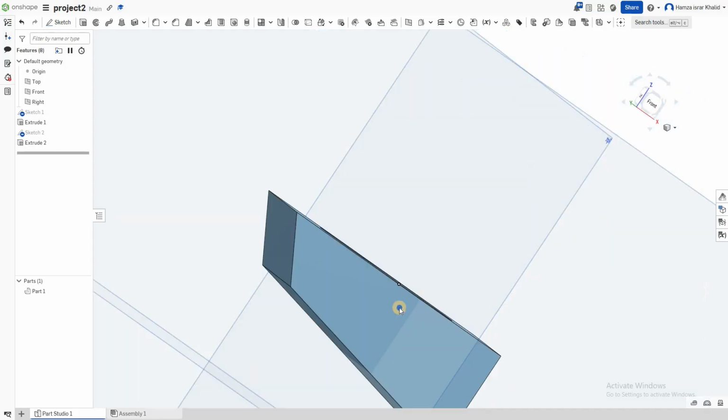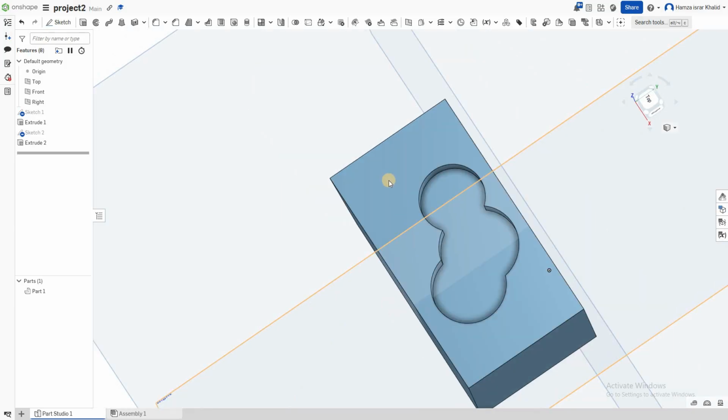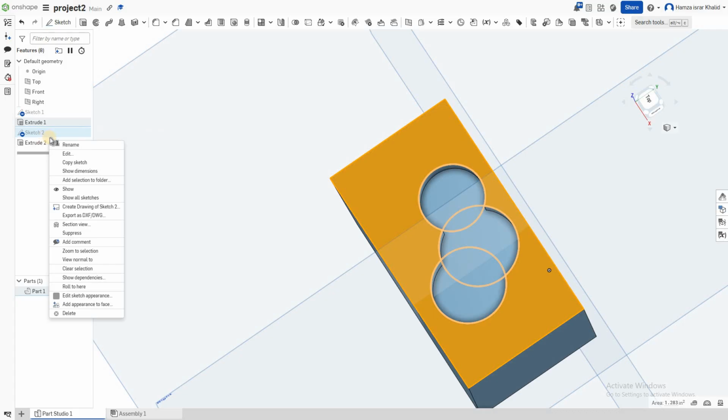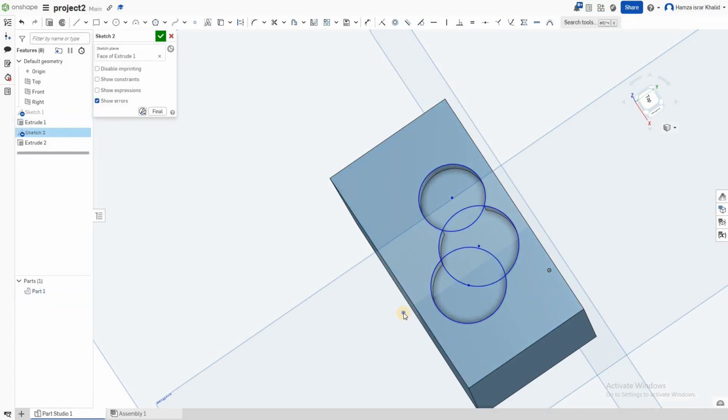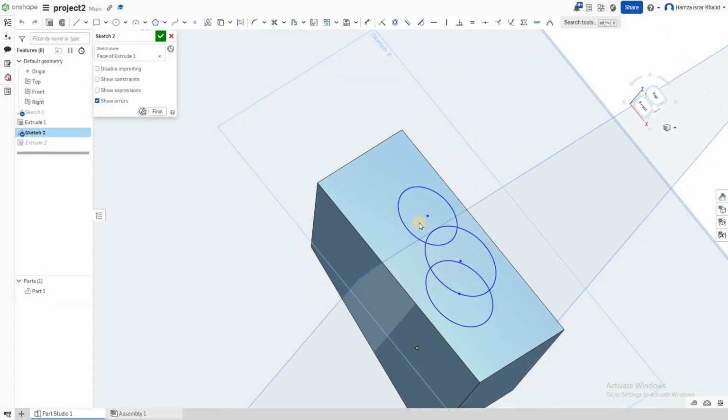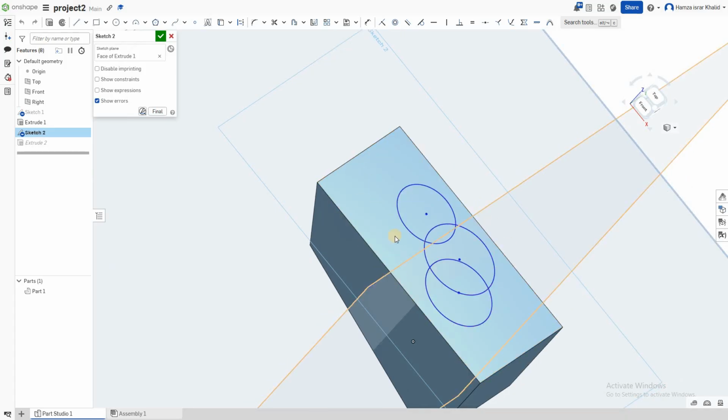If we want to draw something on it again, I can select this one and sketch on it, or I can edit the previous sketch. So I'm going to select the previous sketch, and if I want to extrude something here, we can add more shapes, let's suppose, for the removal of this object, or we can